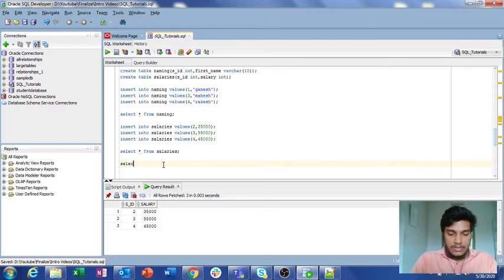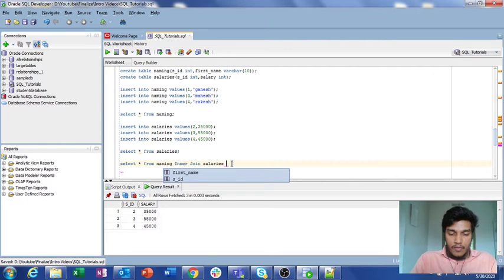For that we have select star from. I want to retrieve all the records from naming, and for salaries also I want every record. That's why I kept here select star from table 1. That means naming is table 1 here. I want to join the naming table with the second table using the keyword inner join, and the second table is salaries. So select star from naming inner join salaries is nothing but select star from table 1 inner join